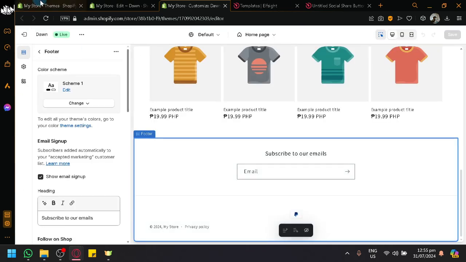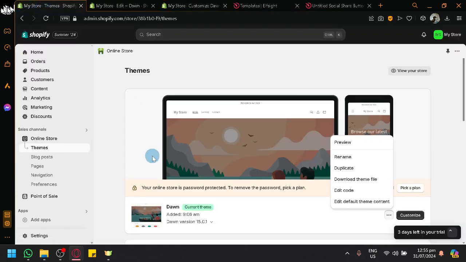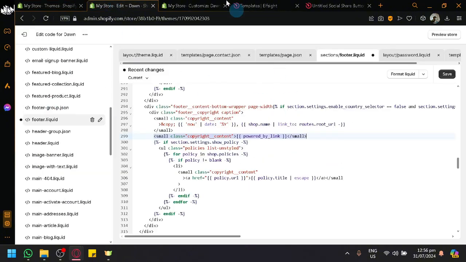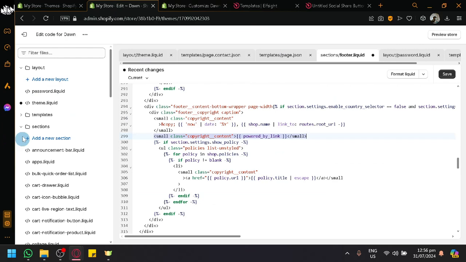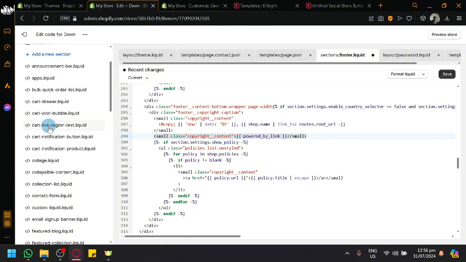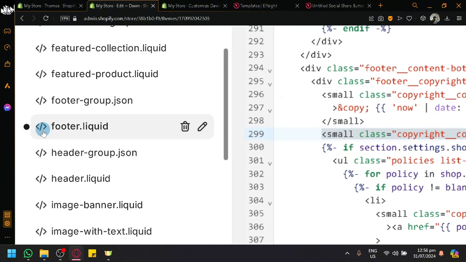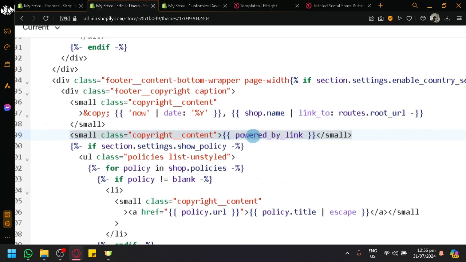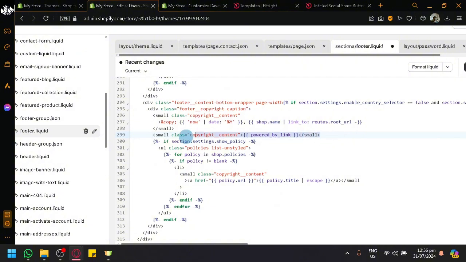So to be able to do this, navigate to your themes page, click on edit code. It will redirect us to this page over here. Over here on the left side, this is what you're going to typically see. Open your sections, look for footer.liquid over here, and navigate to line 299 and look for the specific text over here, powered by link. You're going to simply delete the specific line,